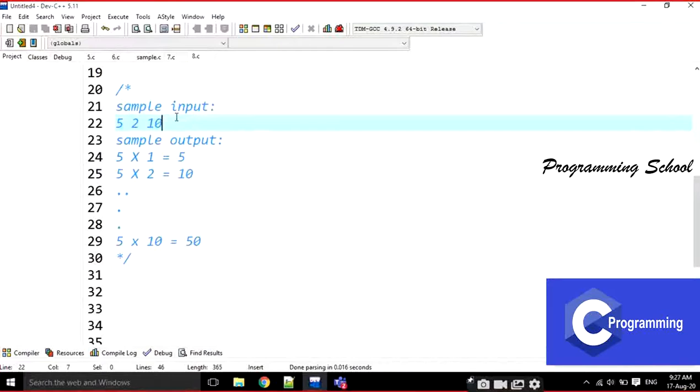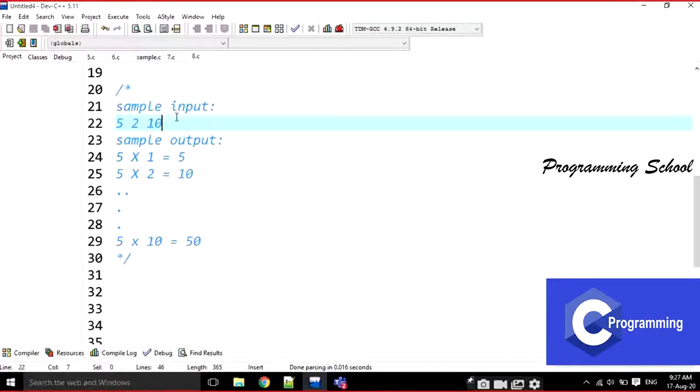Okay, 5, 2 and 10. 5 is the table here and 2 is the inner bound, the first range, and the second one, 10, is the outer range. That means every time I start at 1, right?